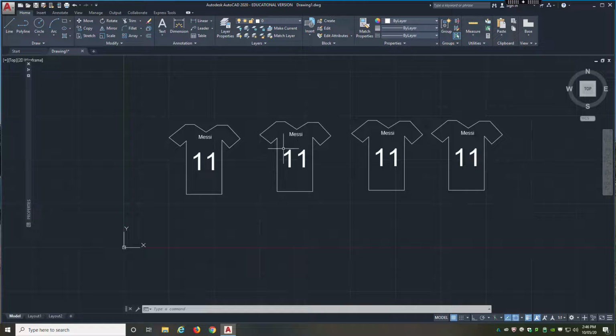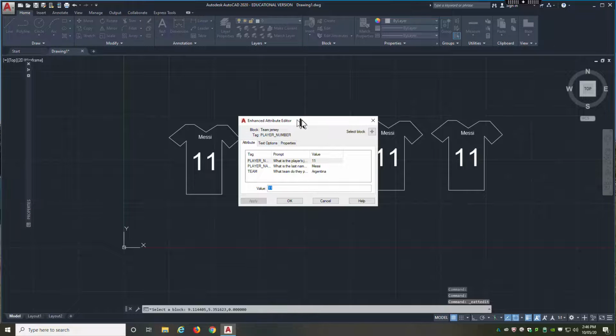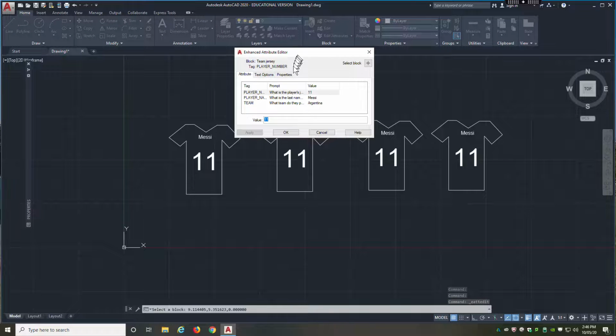the cool thing about this is that you can double click on the block. Okay, and if you remember, if there were no attributes and you double clicked on the block, it would open up the block editor. Now that we have attributes, double clicking on a block will actually open up the attribute editor. Right, so I can go into my selected jersey, which was that second one,